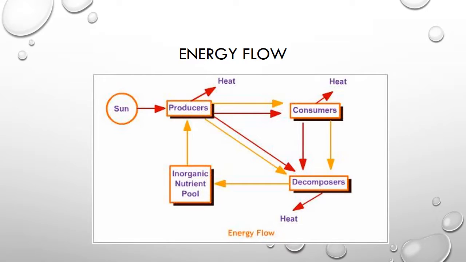Today our topic is energy flow. So I want to explain what energy flow is. Energy flows through the ecosystem, basically from the sun to the producers, which are usually the plants, and the consumers, which will have the primary consumers, secondary consumers, and sometimes tertiary consumers or higher, and they will all go back to the decomposers, while some organic nitrogen or something will come back to the existence, and the heat, which is the energy, will flow out.